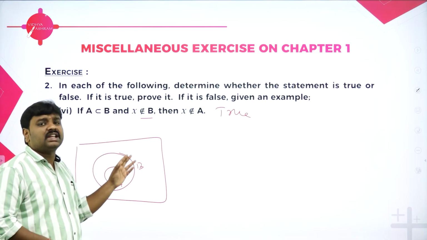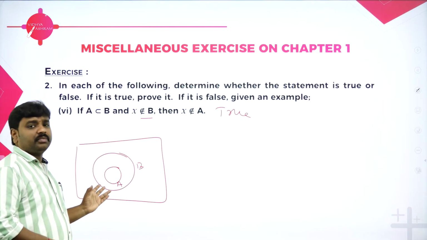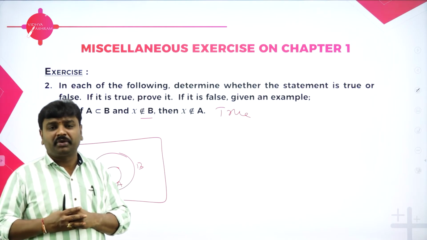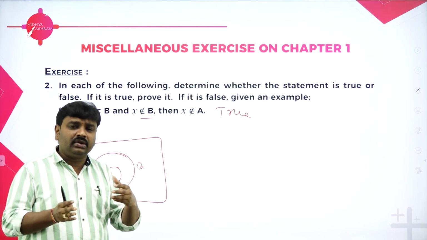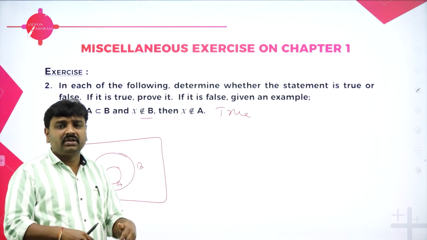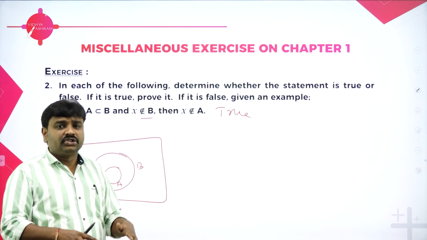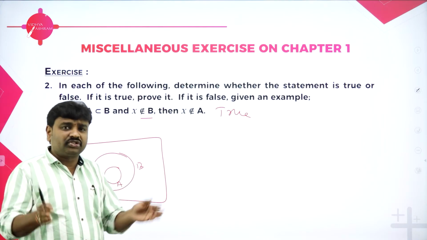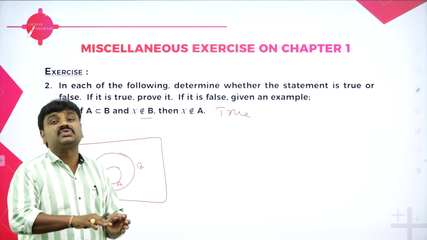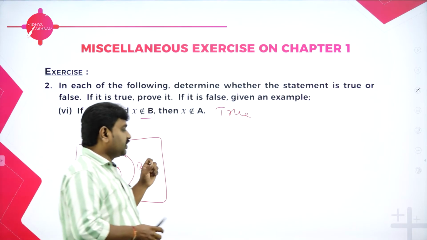If element is not in B, then definitely it will not be in A, because A is a subset, A is a part of it. If student does not belong to Vidyashram PU college, then he does not belong to Vidyashram BM, basic math students. The main set is what? Vidyashram PU college students. Subset is basic math students. If he does not belong to Vidyashram college, he will not belong to basic maths Vidyashram. So like that we can conclude.